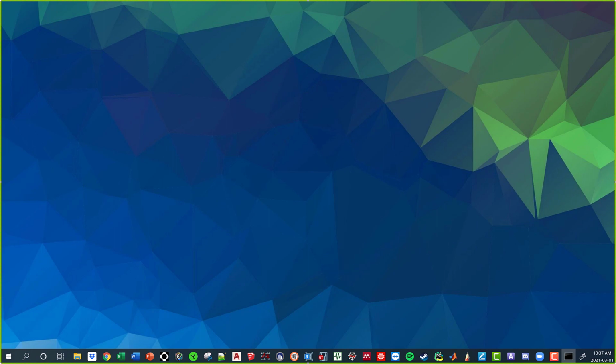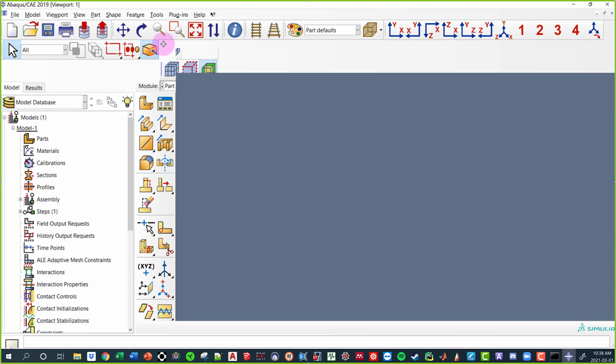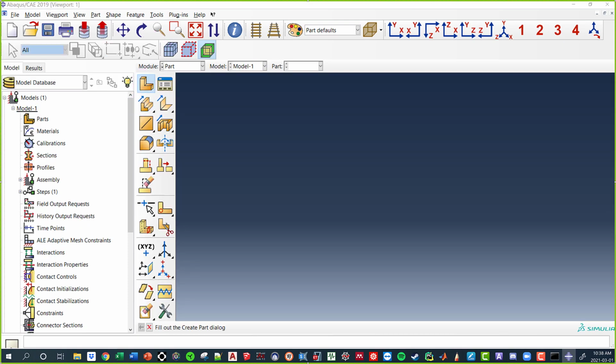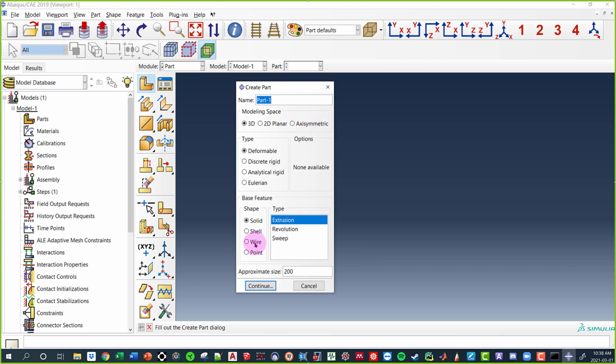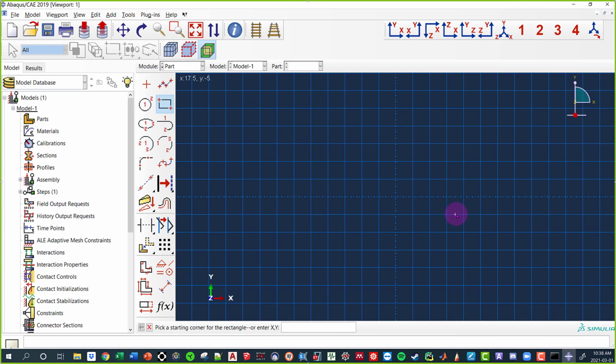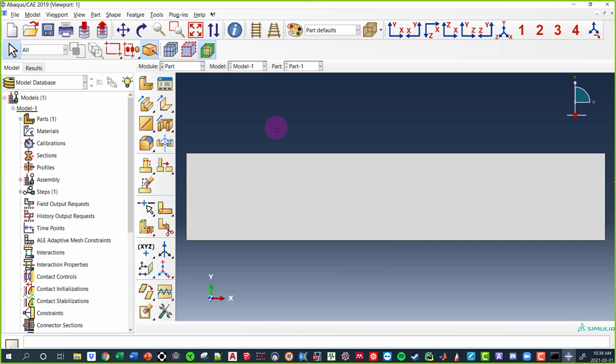ABAQUS is very much trial and error. There we go. Pop this back over to the other side. Move this up. And let's just see. Part creation box. Okay, I found it now. So now we have our parts. I'm not going to label it anything special. We're just going to do exactly the same as what we were doing in the assignment. So we're going to create a rectangle. Nice and simple. Done. We have our beam.